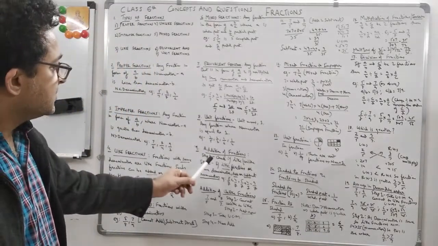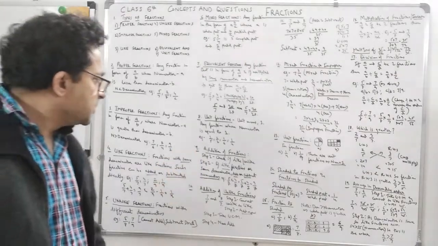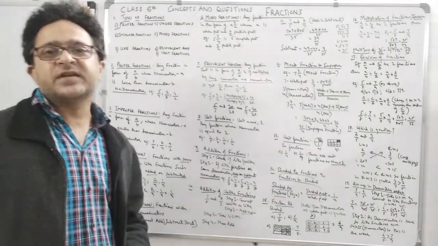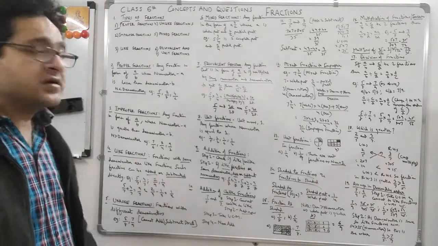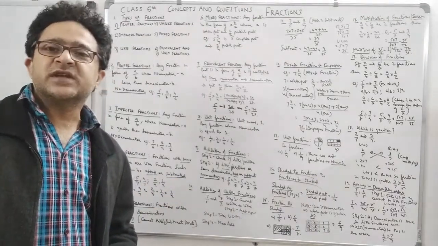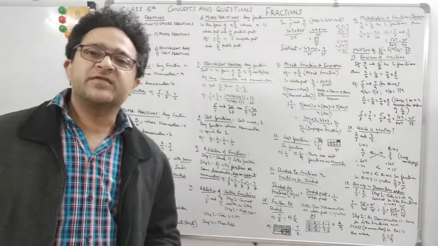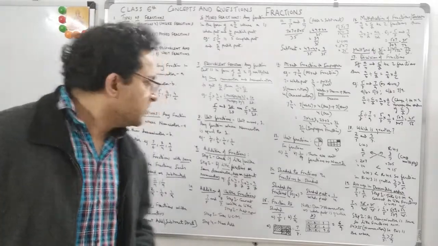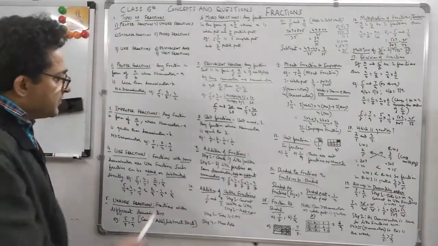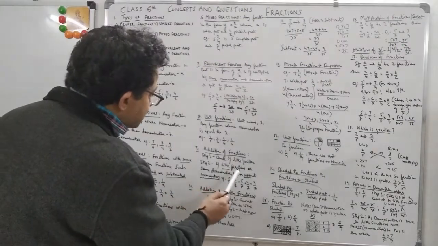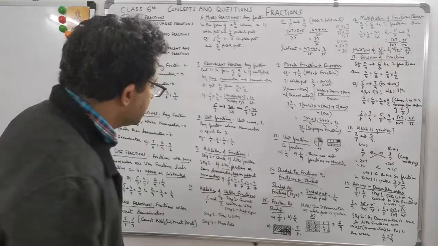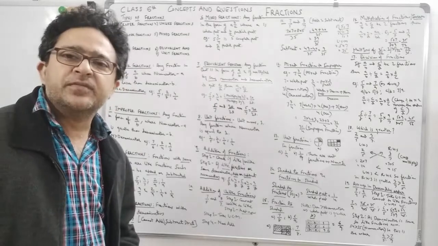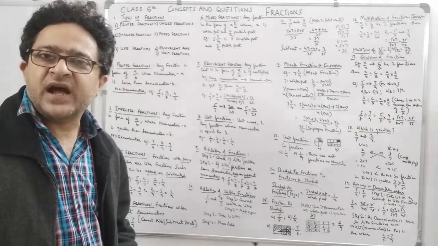So addition of fractions. Check if like or unlike. The first step is to check if the fractions are like or unlike. I told you about like fractions: same denominator. Unlike fractions: different denominators. So in case you get fractions to add which are unlike, you have to convert them to like fractions, which means you have to have the same denominator. And how do we do that? We simply take the LCM. So first, check if like or unlike. Second, if like fractions, with the same denominator, add or subtract. If there is the same denominator, it's a like fraction, and you can simply add or subtract directly.